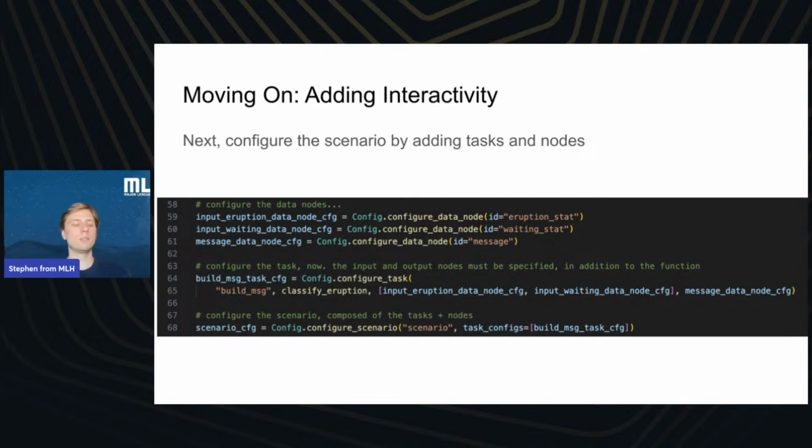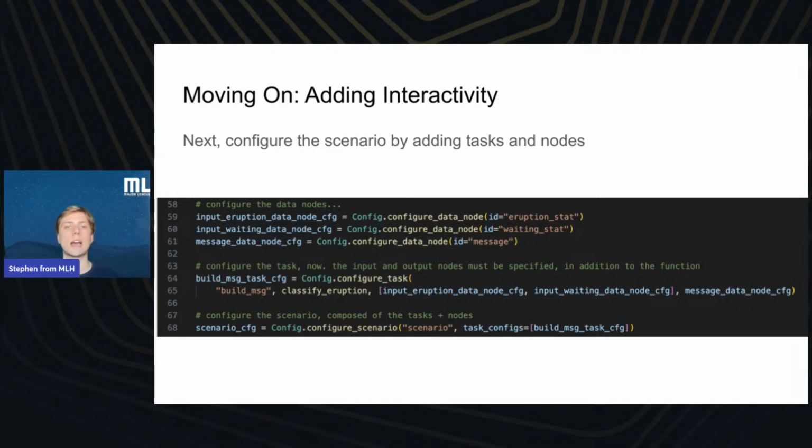So we learned how to configure scenarios in part 1. And they consist of nodes and tasks. So we'll need several nodes. The first 2 nodes are input nodes. We have the input eruption and the waiting data nodes.